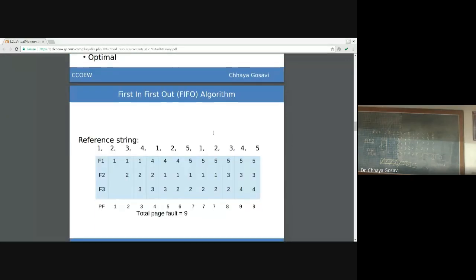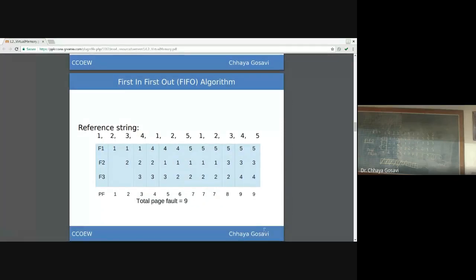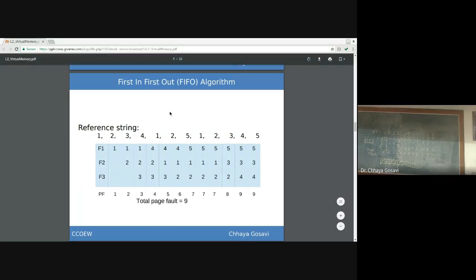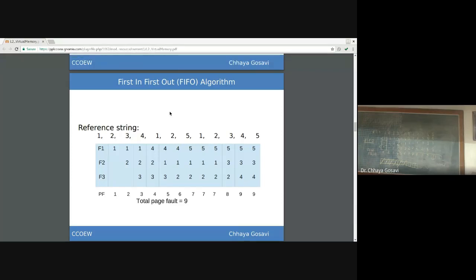This is with 3 frames. If we have 4 frames, solve this problem with FIFO, calculate the number of page faults. If there are more frames, it means you are having more memory.